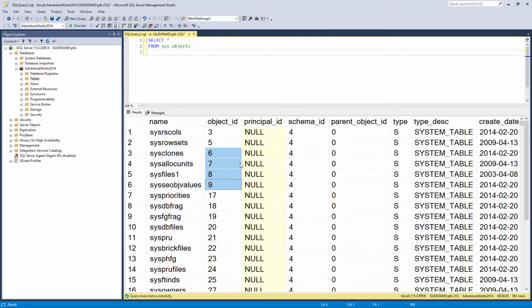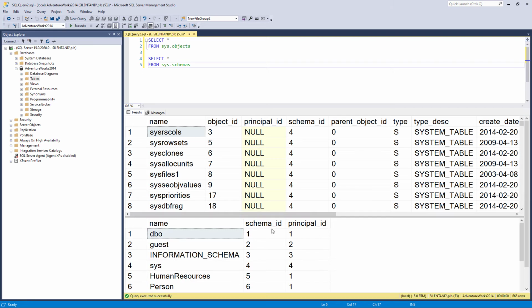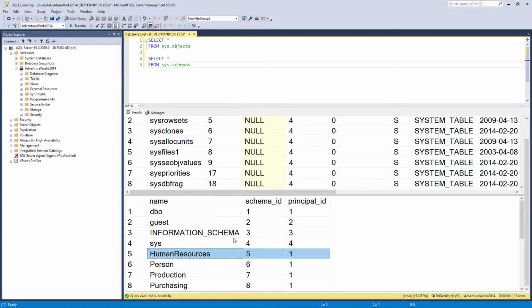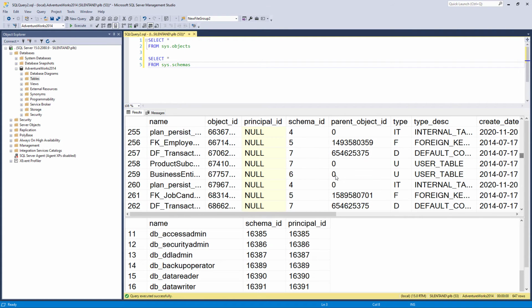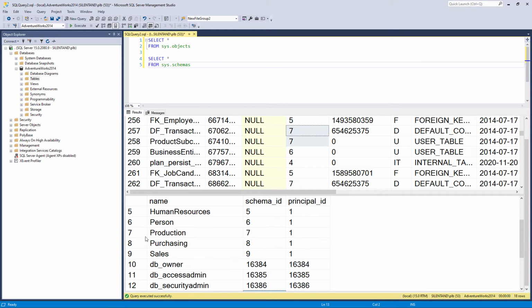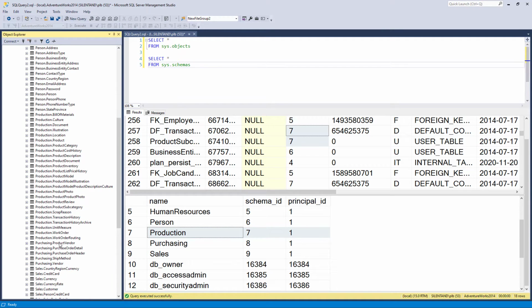But there are a few things that you will maybe look at going, okay, what on earth are these things? So we've got schema ID, where we can get a list of all of the schemas by select star from sys.schemas. And if we do that, we'll see that system schema ID 4 is sys, so the system one. Whereas if I scroll down on this top query, then number 7 is the production schema. And I've got AdventureWorks 2014 loaded, and you'll see that we've got things like the production schema, the purchasing schema,